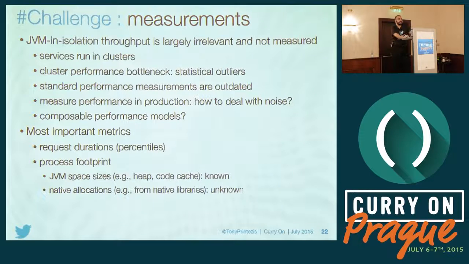So services run in clusters, as I said earlier. So what we care about is the cluster performance. A JVM could be faster, but if it has a few worse outliers, it could actually make the whole cluster worse by creating fire drills on other machines when they have more timeouts or responses are slow to come in, etc. So what really matters is the performance of the cluster, not an individual JVM. It would be cool if somebody could propose some composable models that say, okay, JVM performance changes this way.